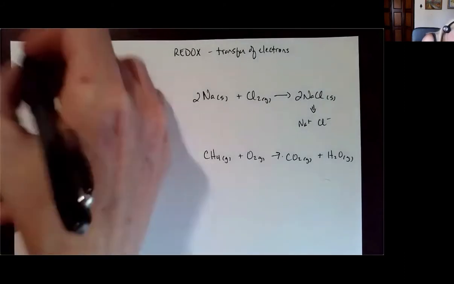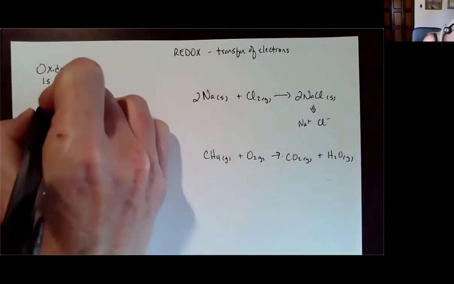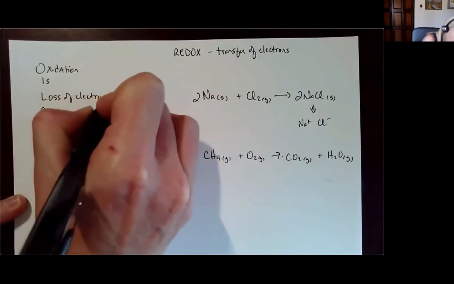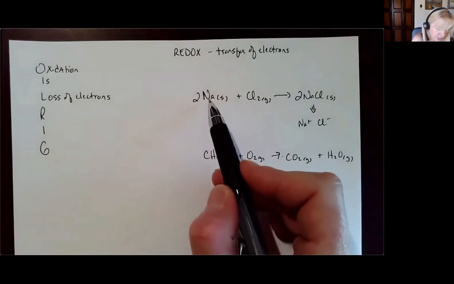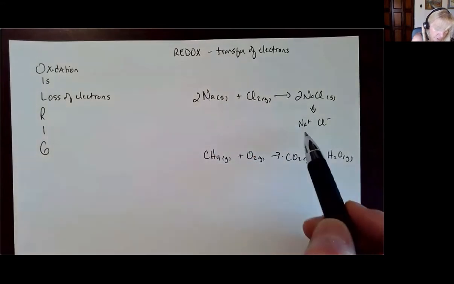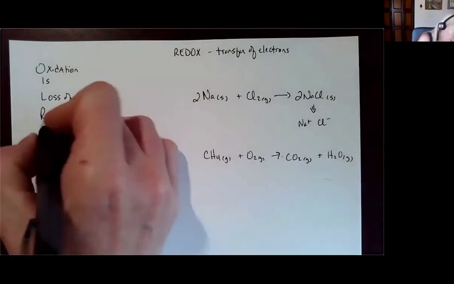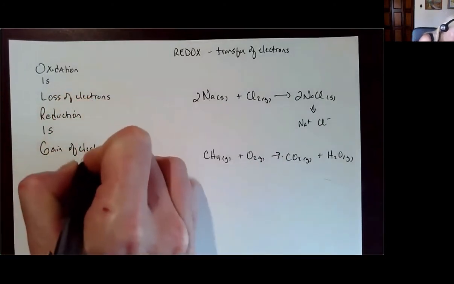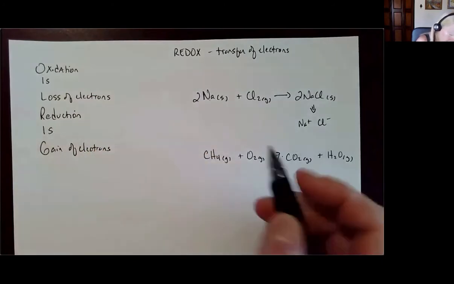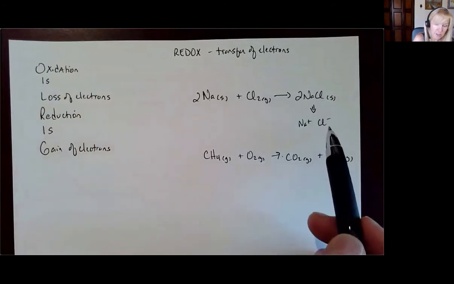So "OIL RIG": oxidation is the loss of electrons. If I'm losing electrons and being oxidized, sodium in this case goes from sodium with a zero charge to sodium +1. It's lost an electron, so sodium has been oxidized. Reduction is the gain of electrons. So in the formation of sodium chloride salt, chlorine is being reduced because it's picking up an electron to form